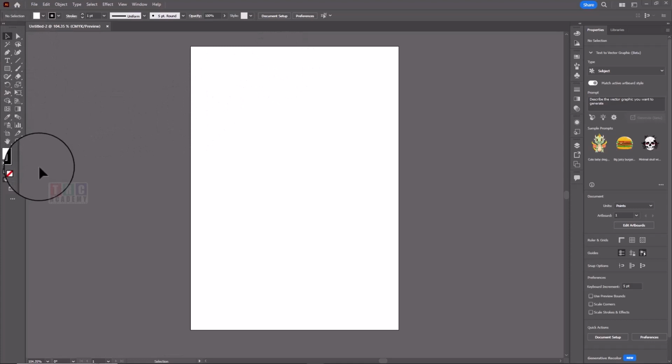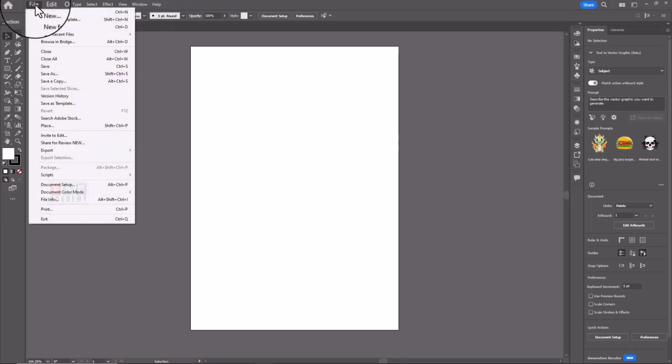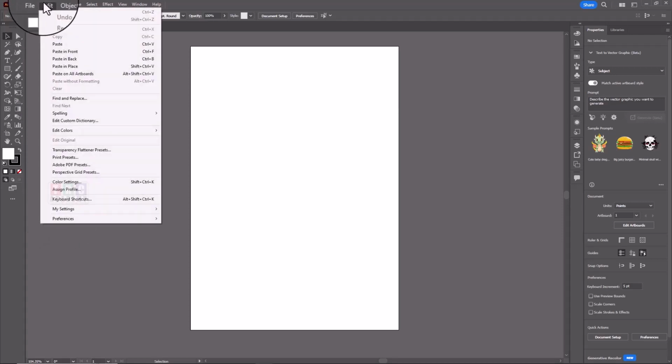Okay. So the menu bar is situated at the top. This is called the main menu bar. So this menu bar will have things like File. When you click on File, you have the options for the file. And next you have Edit. In the Edit, you can just see the